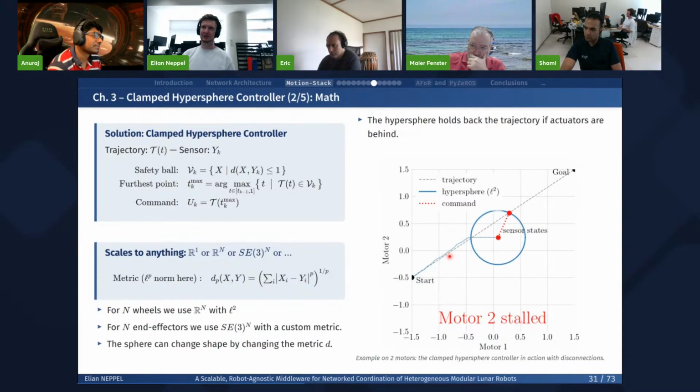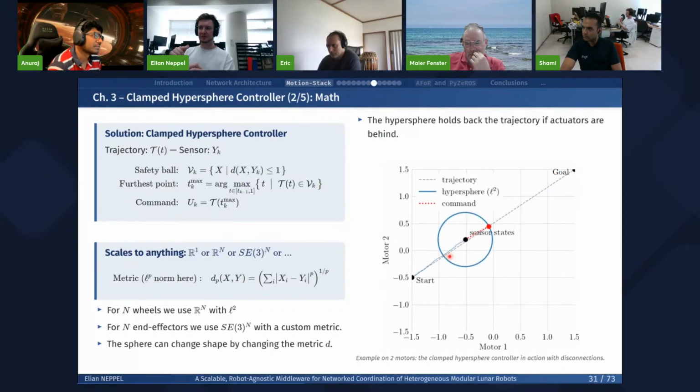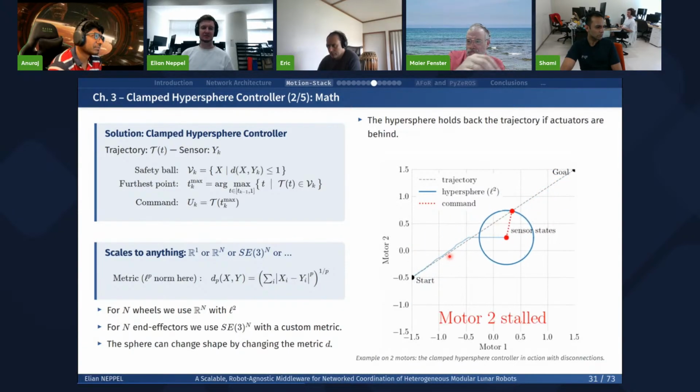There are other methods, such as going towards the point that is the closest to the current sensor state and that is part of the trajectory. But there is a small problem with that, which is that then you can skip parts of the trajectory, and you can do movements that you really did not anticipate when you planned the trajectory.